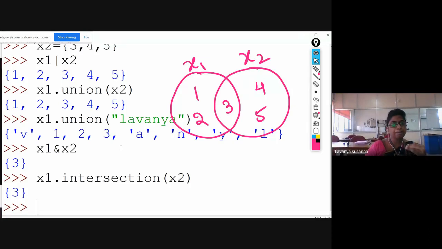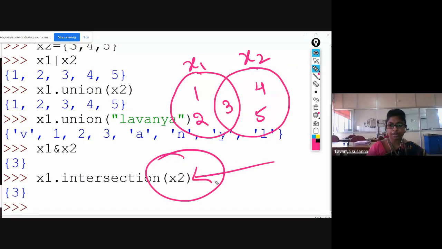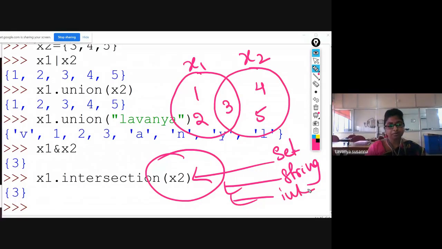In the method, you can pass any iterable objects, immutable objects. See here, in this function, you can pass set. You can pass string. You can pass integers. You can pass tuples. You can pass float. Whatever you have passed, it will convert into set.